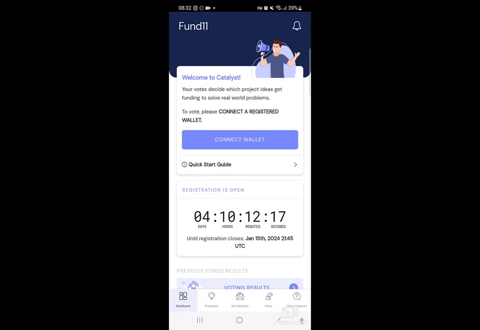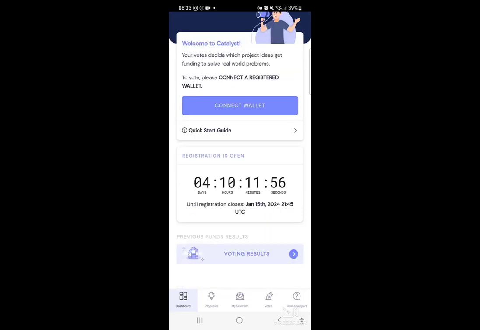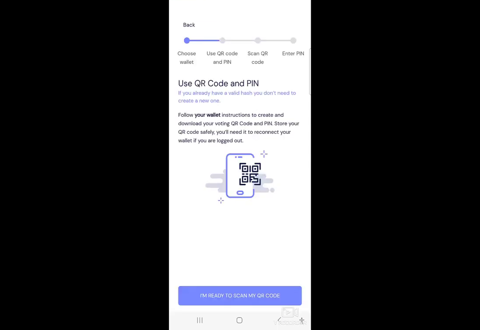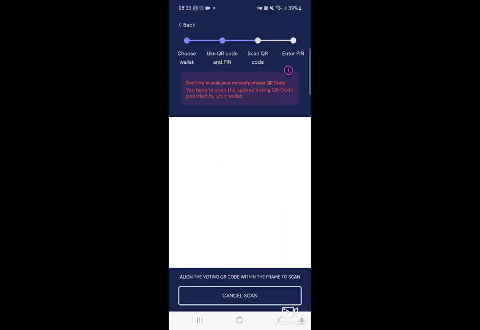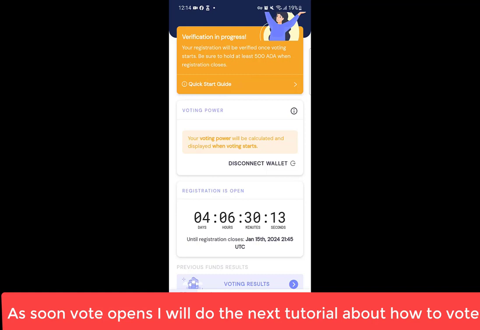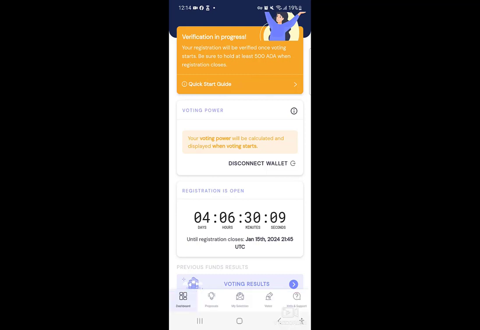And as you can see, only 4 days and 10 hours are left for registration. So I go to connect wallet, and there are 2 options: connect with hash and pin, and using voting QR code and pin. I go to the first option. So I'm ready to scan my QR code. Here is the message you're going to receive that your verification is in progress. You need to hold at least 500 ADAs at the moment of the